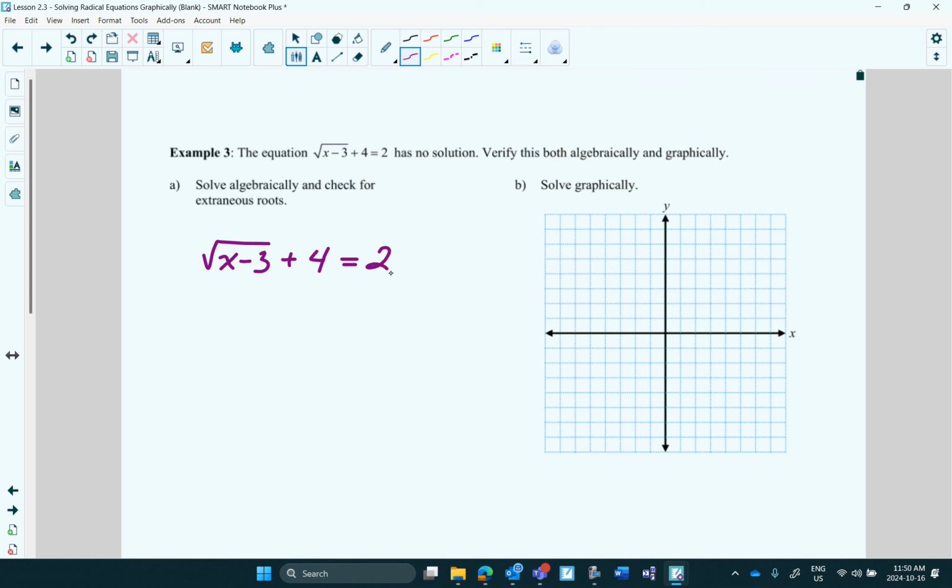Get the radical by itself. So subtract 4 from both sides, and you get this. Now what? Square both sides. And you get x minus 3 is equal to positive 4. Therefore, x equals